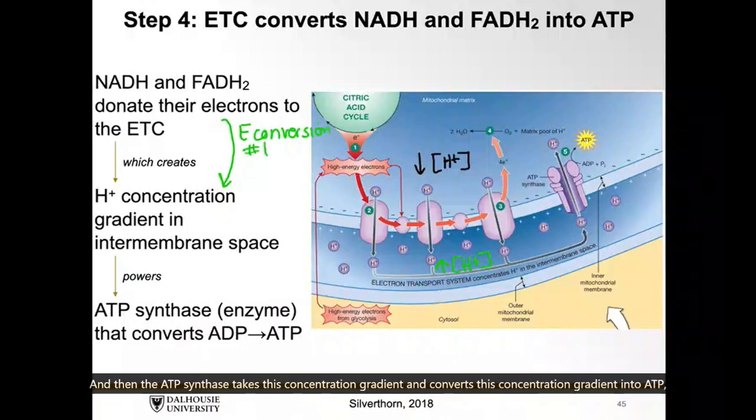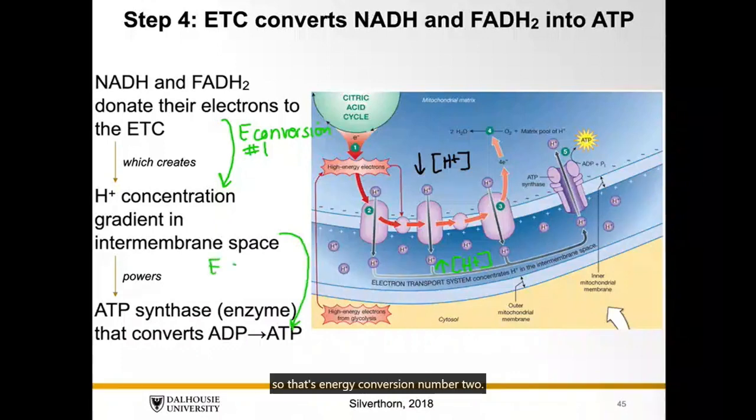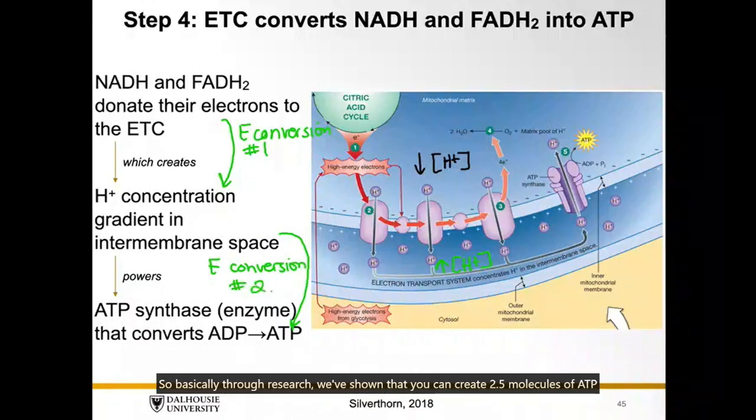And then the ATP synthase takes this concentration gradient and converts it into ATP. So that's energy conversion number two. So basically, through research, we've shown that you can create 2.5 molecules of ATP